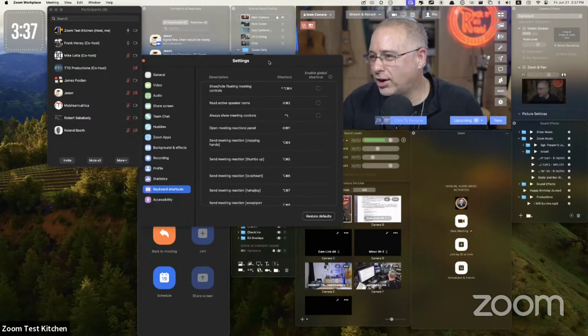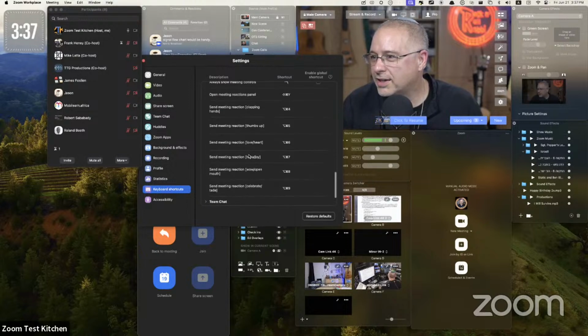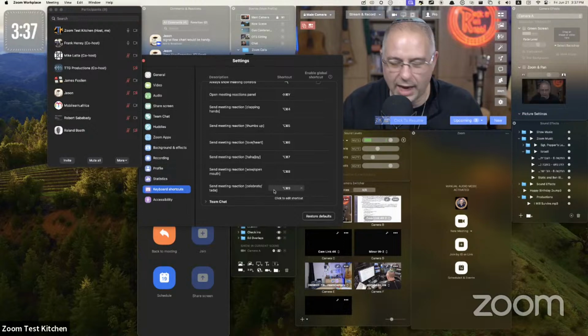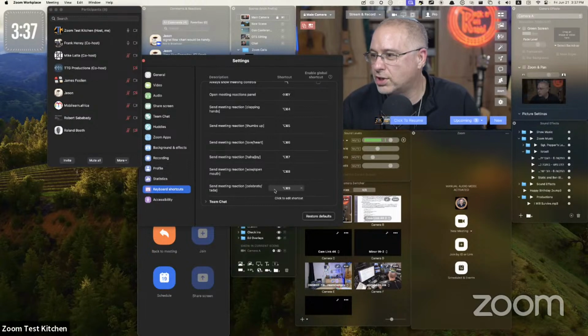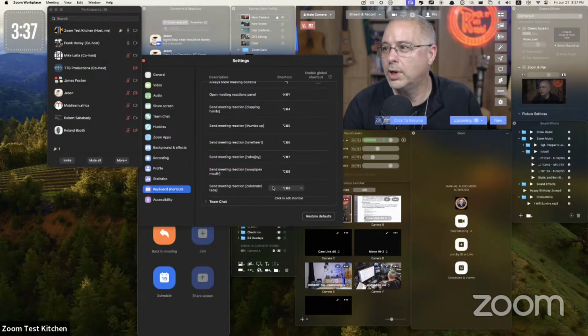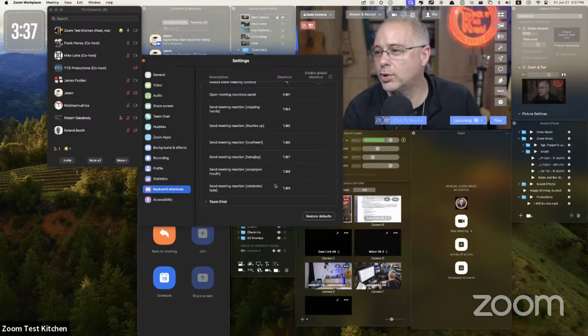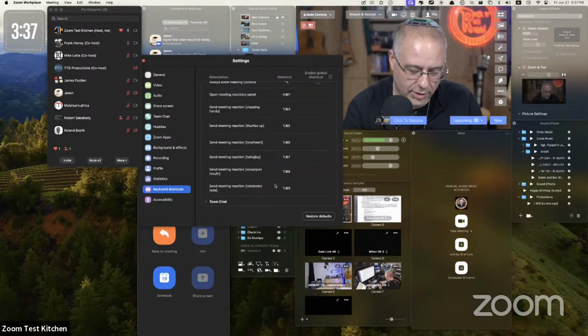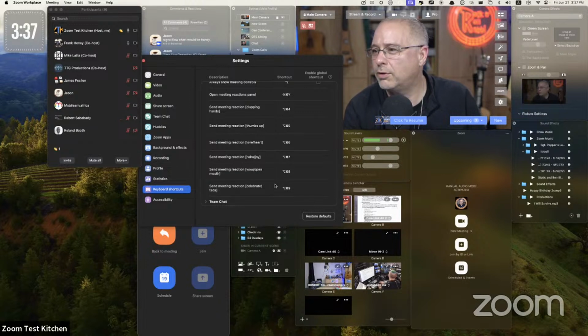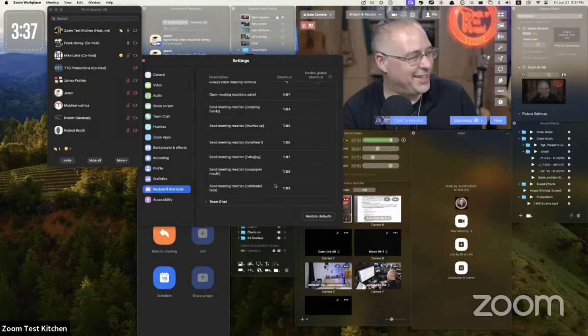So here are mine. Send me to reaction. Celebrate. Ta-da. I map my Command and my Control keys differently, so I always have to translate, it's like translating from Hebrew. All right. So there's the celebrate one. 8 is the mouth. 7 is haha joy. 6 is love heart. Oh, this is fun. 5 is thumbs up. 4 is clapping. And that's it. You have Stream Decks. Just program them to some of your buttons. I know, that's what I need to do. Get your money's worth. Come on now.